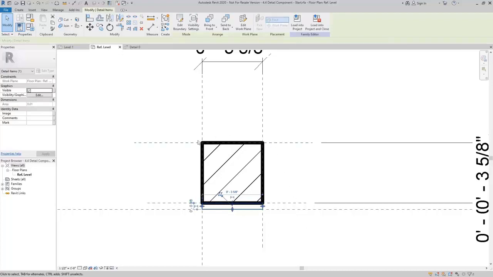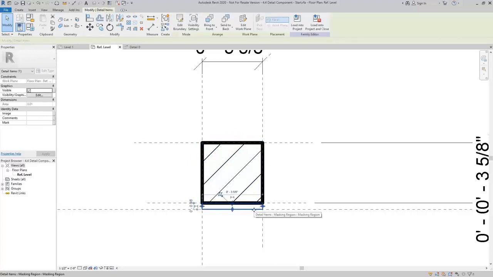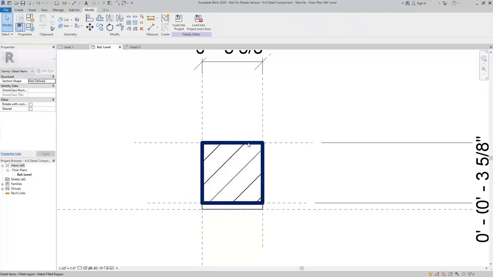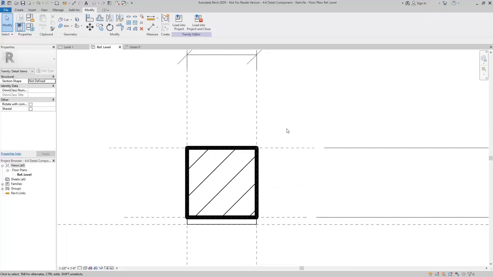Now to make sure I have the draw order correctly, since I drew the brick first and the masking region second, I'm just going to go ahead and send the masking region to the back to make sure that the brick element is always on top of it. And that's how we create the detail component. Now I can load this into my project,